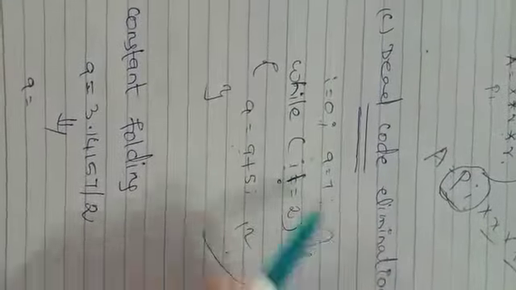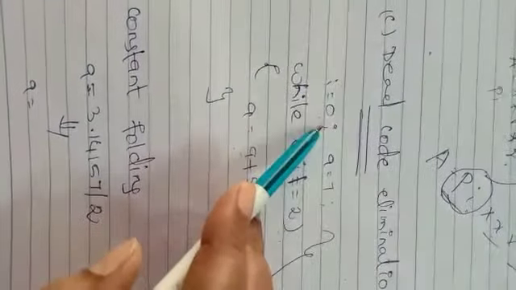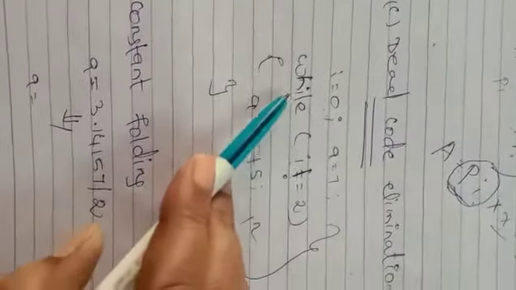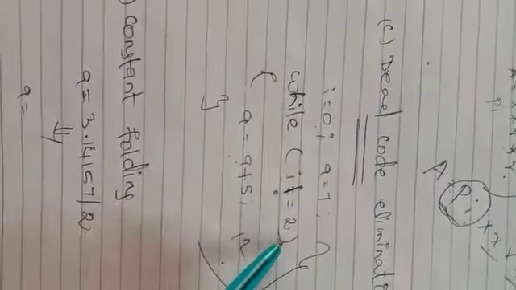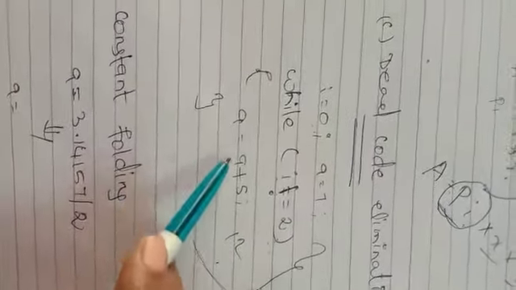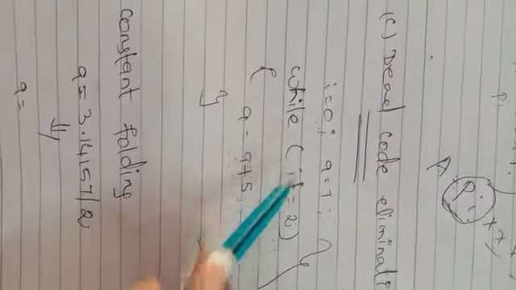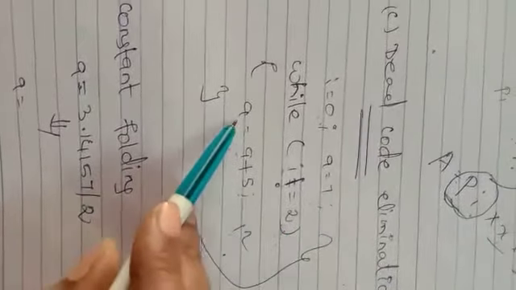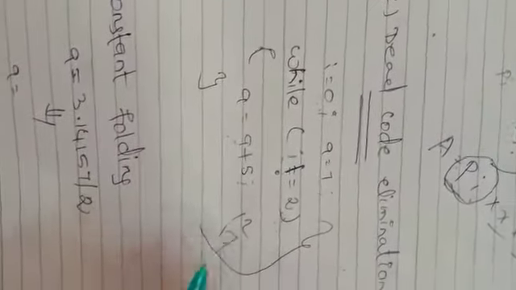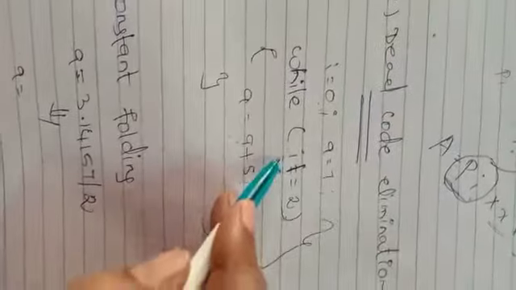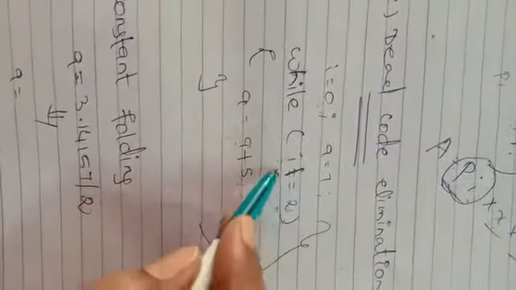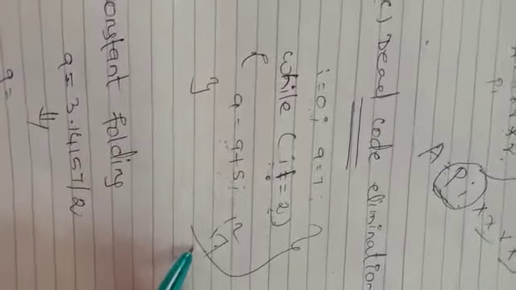Once again I repeat: here I define the variable i equal to 0, a equal to 7, then I check while i not equal to 2, I wish to compute a equal to a plus 5. So the first time the value is 12. Again it goes here, i equal to 0, not equal to 2. Then 12 plus 5 equal to 17. Again it goes here, i not equal to 2 because the value is 0. Then the value is 17, 17 plus 5 equal to 22. Like that it computes the value of a.